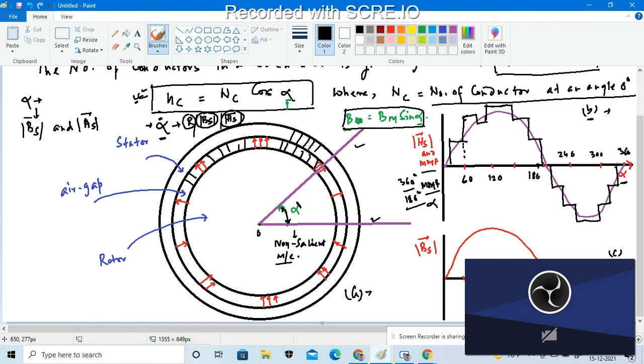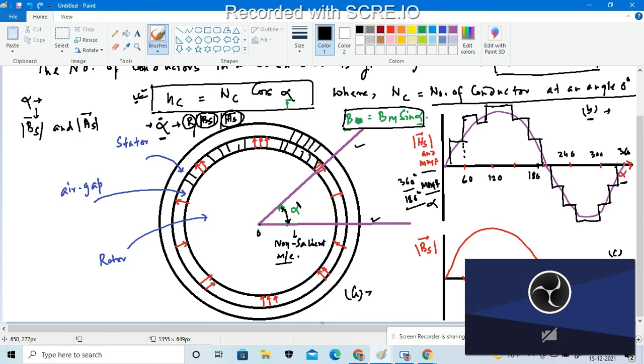Whenever we have to design any such kind of AC machine with a distributed stator winding, which will produce a nearly sinusoidally varying air gap flux density, the designer will design the same number of conductors in each slot, rather than changing the slot position. The magnetomotive force, the mmf, will then be distributed according to the number of conductors in the slots, to compare with an ideal distribution of such machines.